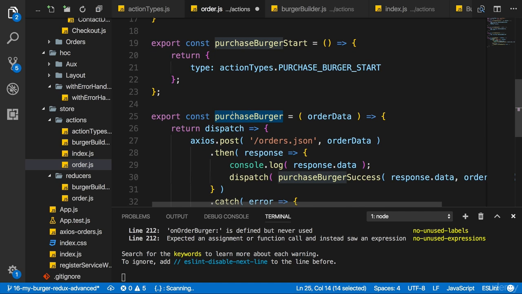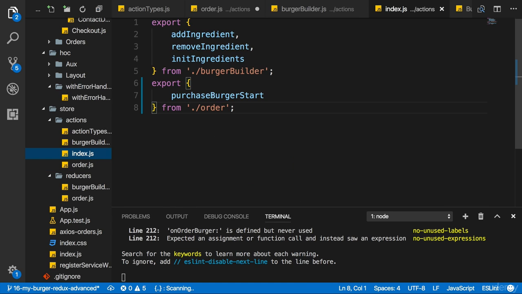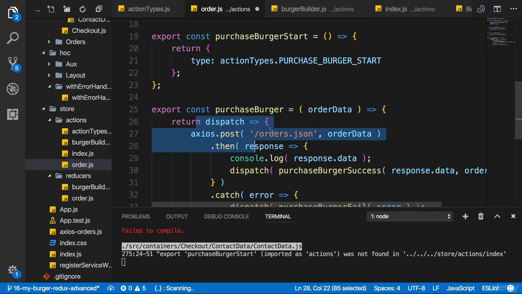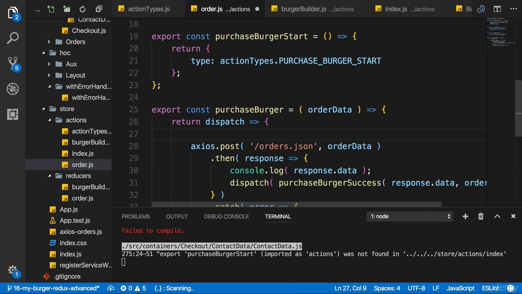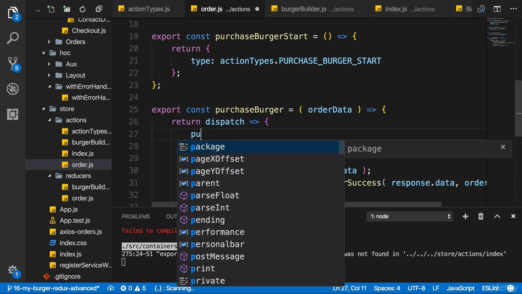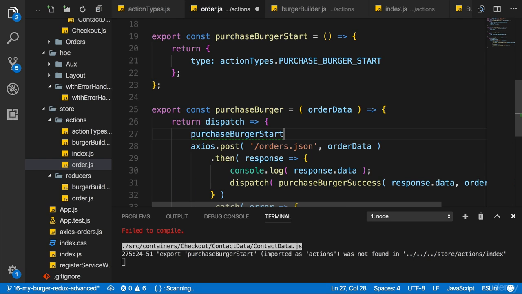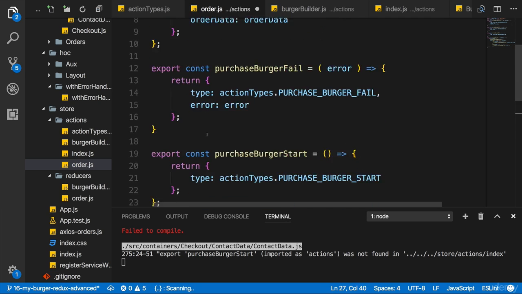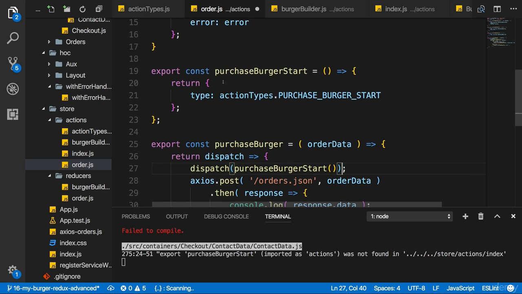Now I renamed this to purchase burger, so we'll have to take care of this in the index.js file where we export it. We export purchase burger now. And now in the order.js file still, when I dispatch this, before I send my post request, I want to execute purchase burger start, this function, to dispatch this action right at the start. Of course, I don't want to execute it like this. I want to execute it wrapped in a dispatch so that the action returned by purchase burger start is dispatched